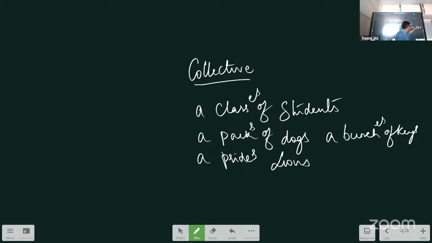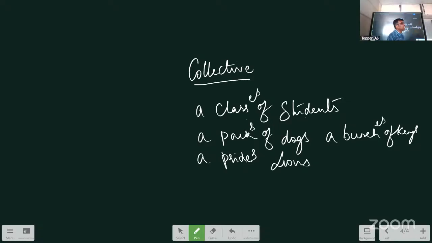Now, you should know what spelling to add. This ends with CH, so you should add ES. This ends with S, so you should add ES. This ends with K, other spelling, so add S. This ends with E, other spelling, so add S. Now, if I want to make a collective noun plural, I should add the spelling rule to the name of the collection and not to the common noun because it is already plural.